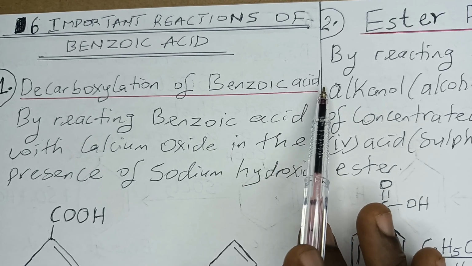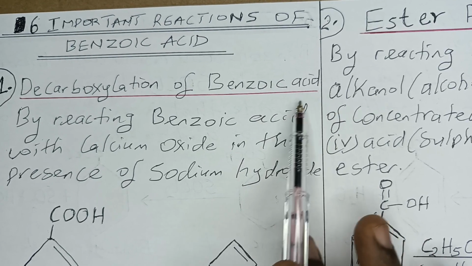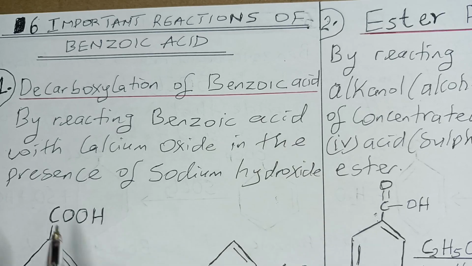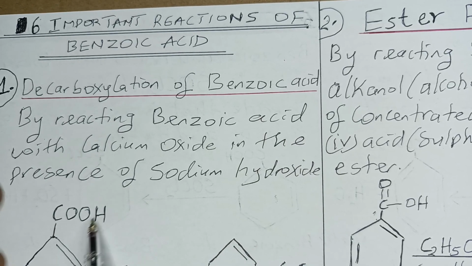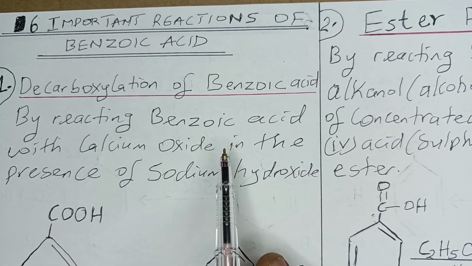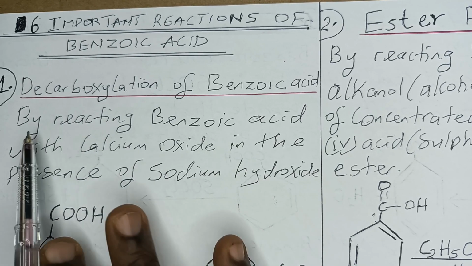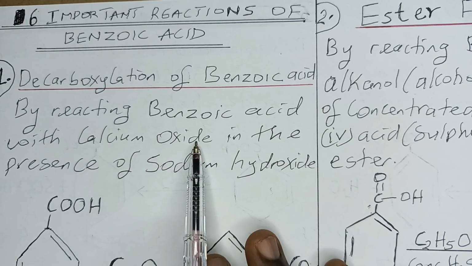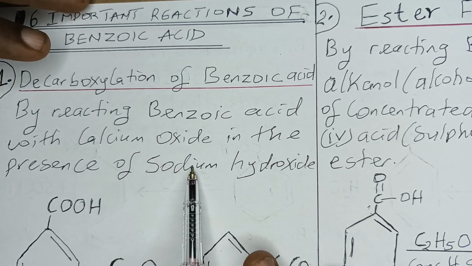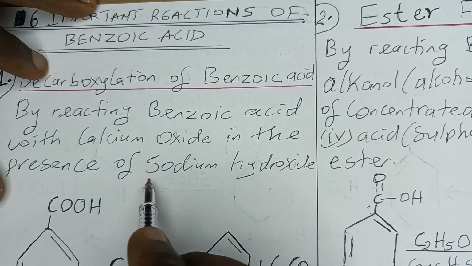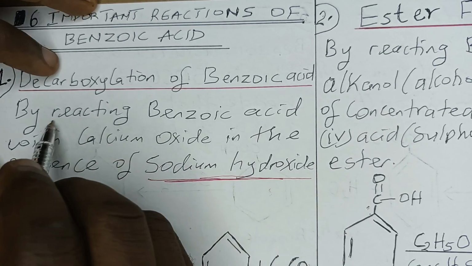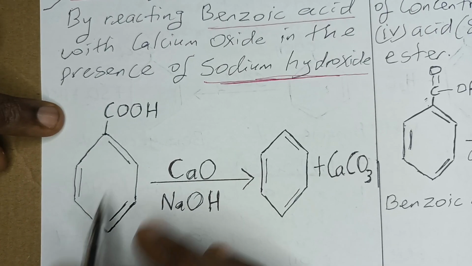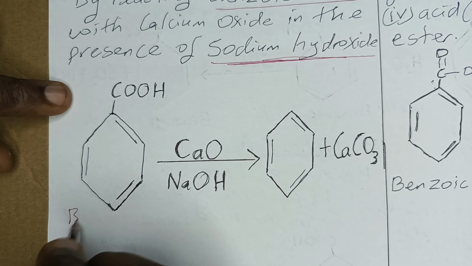Decarboxylation. The carboxylic group is the acidic aspect of the benzoic acid. And this is the carboxylic group. How do we perform this? We do the decarboxylation by reacting benzoic acid with calcium oxide in the presence of sodium hydroxide as a basic format. Okay, so by reacting benzoic acid,